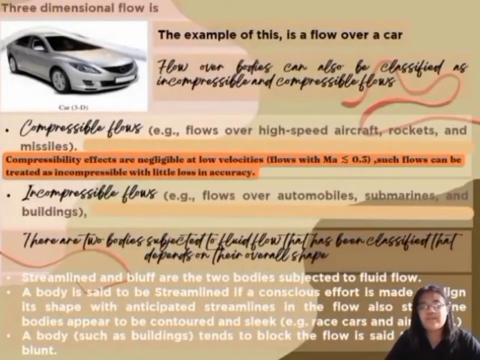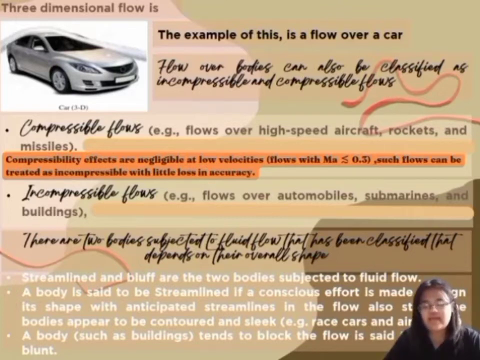The example of three-dimensional flow is a flow over a car. Flow over bodies can also be classified as incompressible and compressible flows. Compressible flows are like flows over high-speed aircraft, rockets, and missiles, while incompressible flows are like flows over automobiles, submarines, and buildings. The compressibility effects are negligible at low velocities. Flows with Mach less than or approximately 0.3 can be treated as incompressible with little